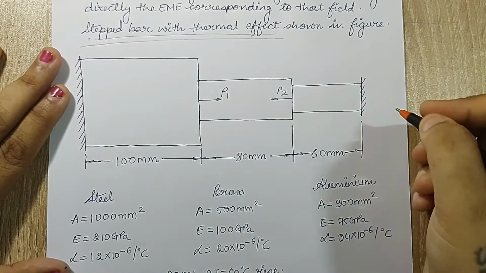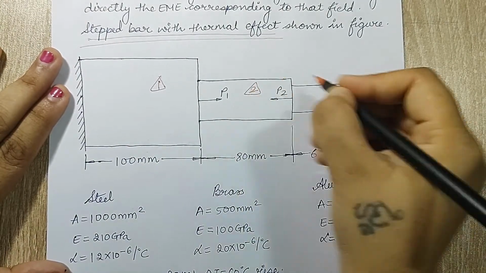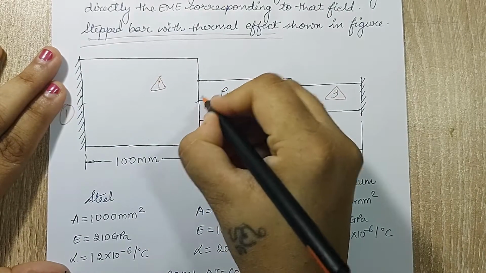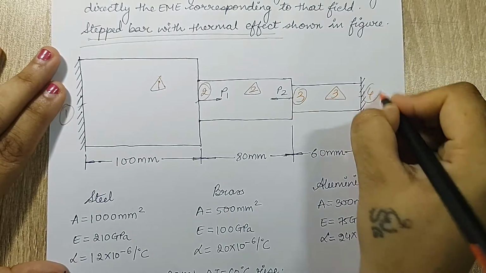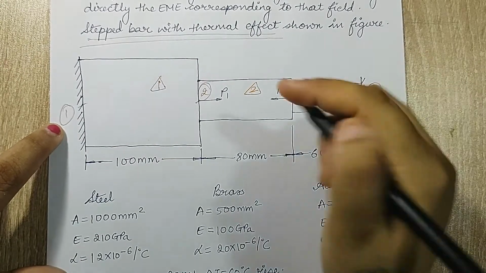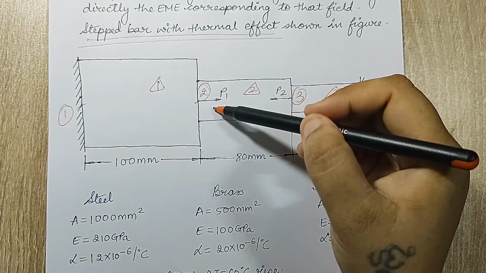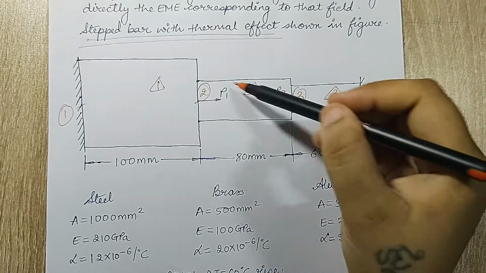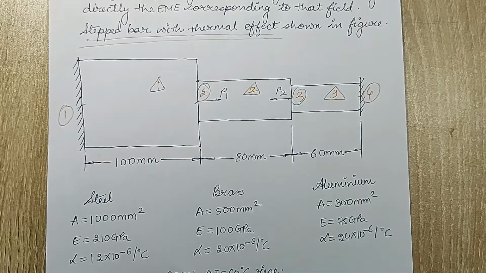Now first let's discretize this body. I have element 1, 2, 3. I mark node 1, 2, 3 and 4. Two nodes at the two corners. These 2 and 3 nodes will come into picture because there is a change in cross section, there is a change in material and also there is a sudden loading. So all the three conditions fit in these two nodes. So we have marked two nodes at these 2 points.